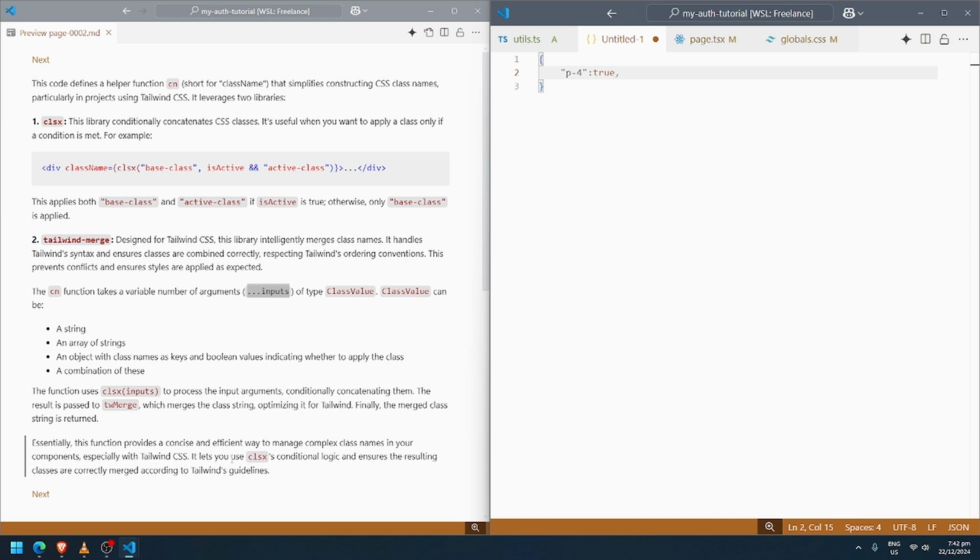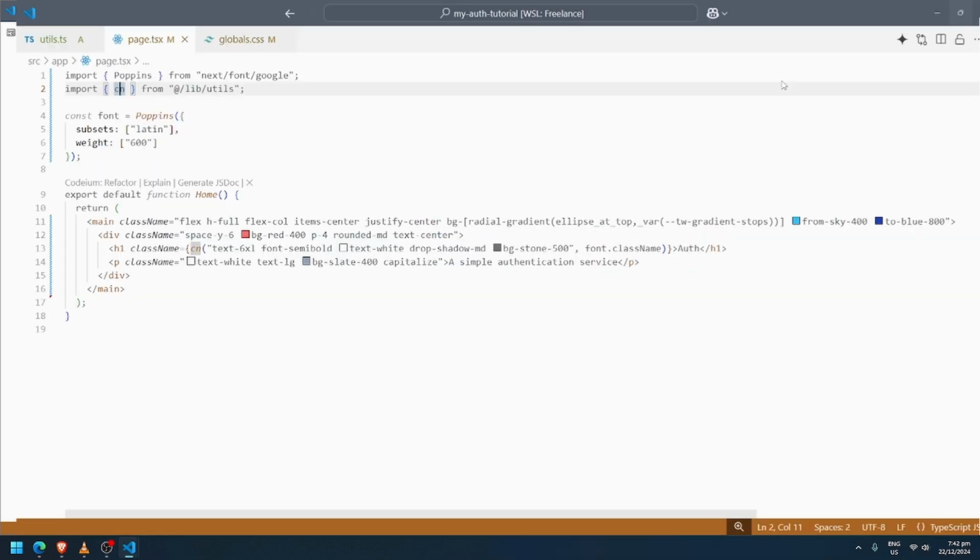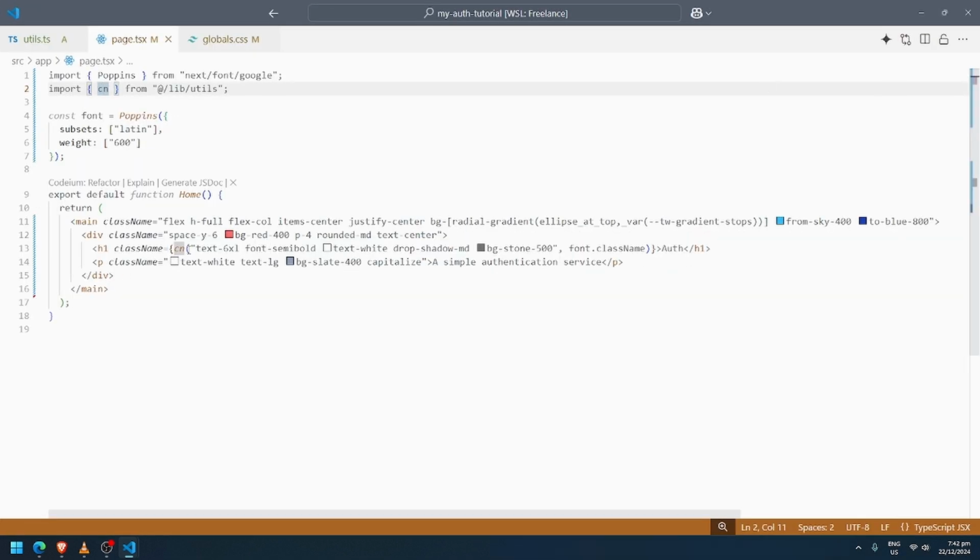It lets you use clsx conditional logic and ensures the resulting classes are correctly merged according to Tailwind guidelines. So that's the reason why we are using that here, so that these classes here can be merged with the classes given in this object. The font has a property, and I think it is a string that returns a class name.